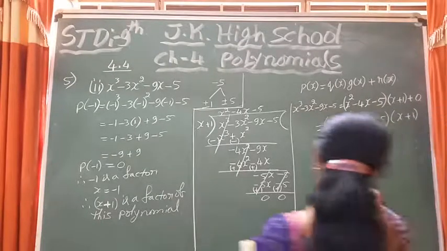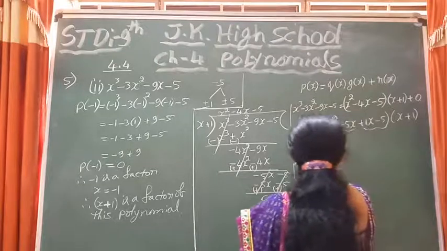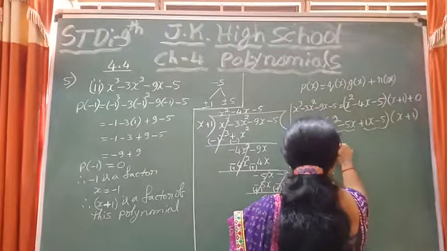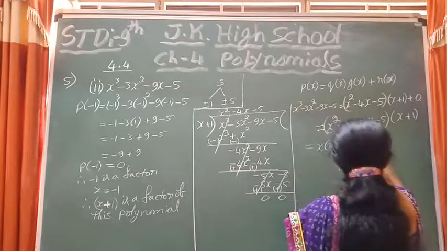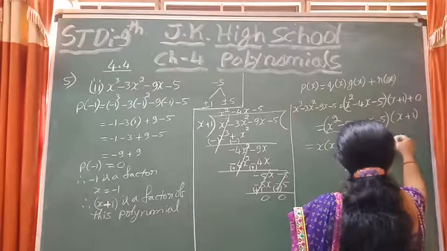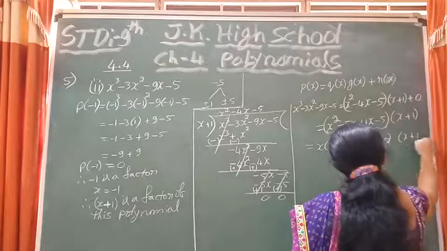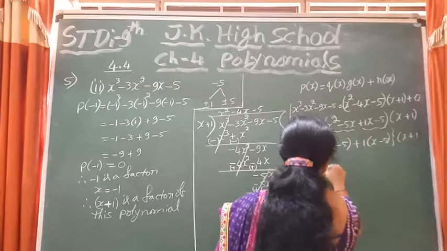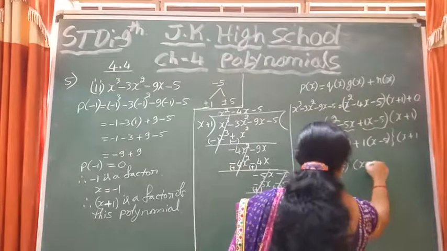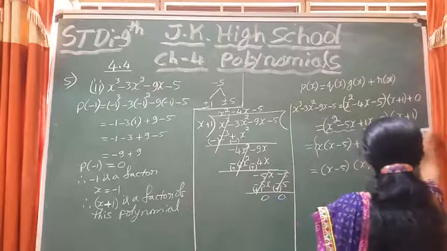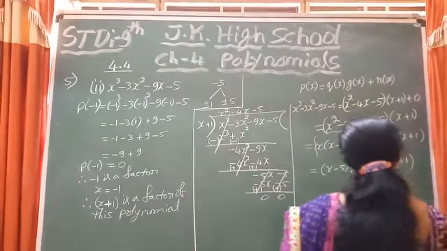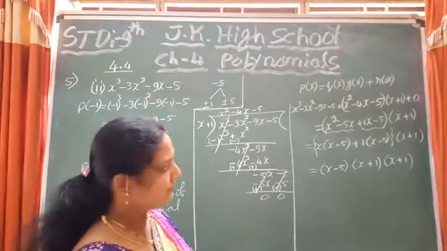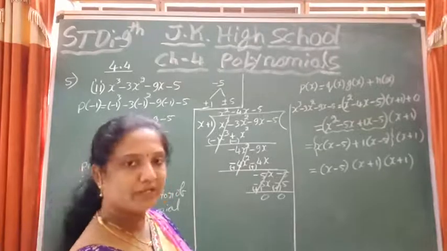Now you take common. Two terms do grouping. In these two terms, what is common now? X is common. X you take out as common, x minus 5. Plus 1 you take out as common, x minus 5. Out of these two, you can take common once again, x minus 5. What is remaining then? X plus 1. So this is another factor, that is x plus 1. So two factors you got, x plus 1, then x minus 5. Therefore, these three are the factors of this cubic polynomial.